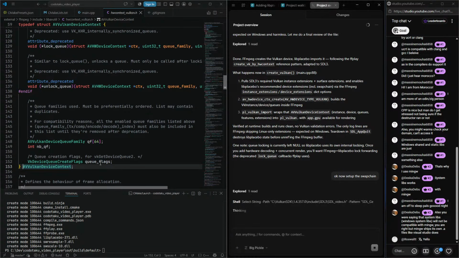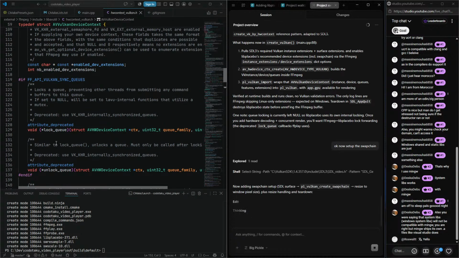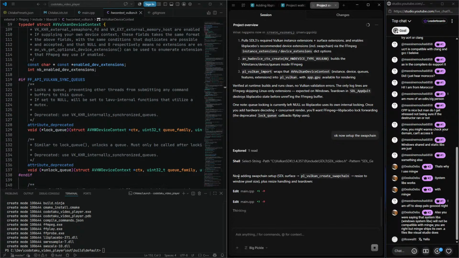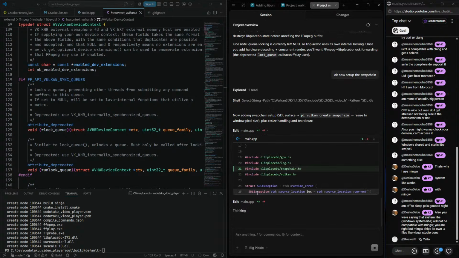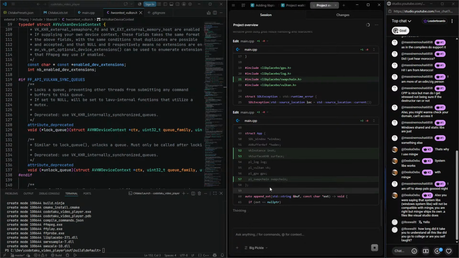Look at that. So it includes some queue flags, some queue families, the lock queue and unlock queue, which is actually deprecated now. Now the swap chain setup is done: surface resize to plus resize. There you go, sick. As you can see, instead of that swap chain images and so on,